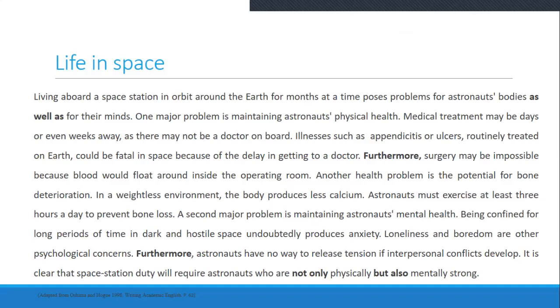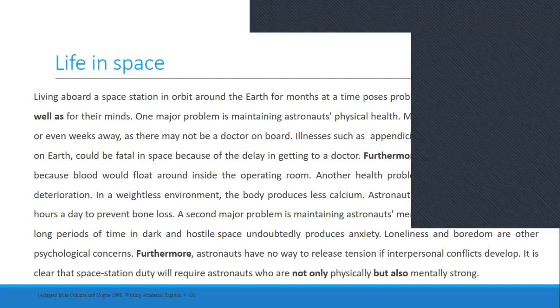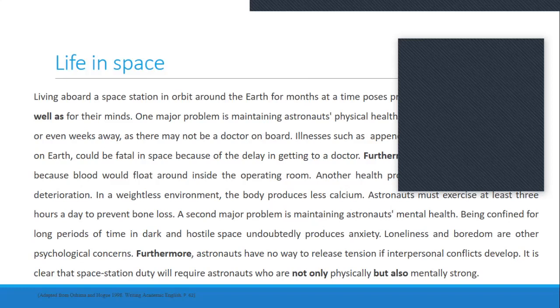So, if Philip or any other student knows, without reading the paragraph, where will the next point start? What will be the first point and what will be the second point in this paragraph? Without reading the paragraph, please. When you look at the topic sentence, can you tell me what's going to be the first part of this paragraph and what's going to be the second part of this paragraph?